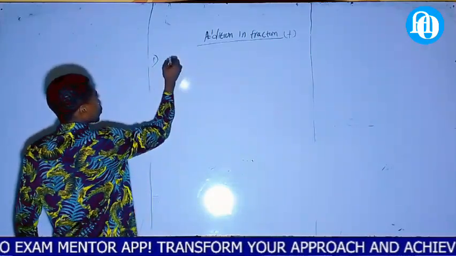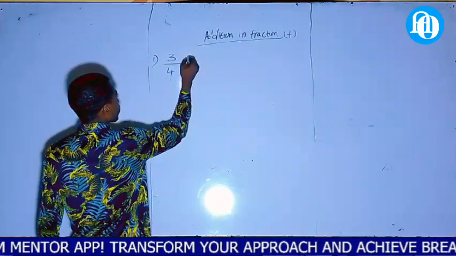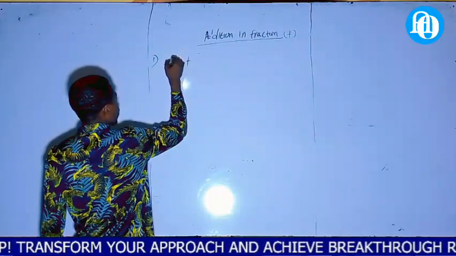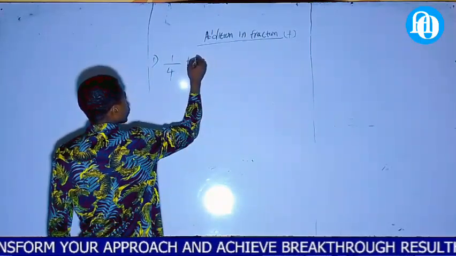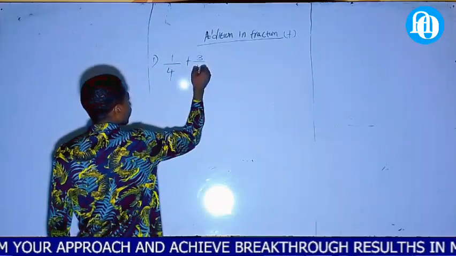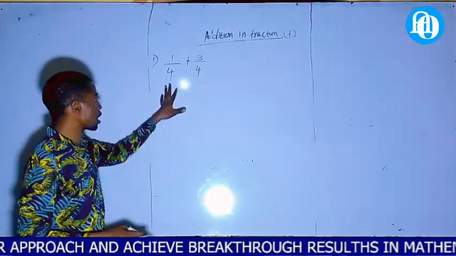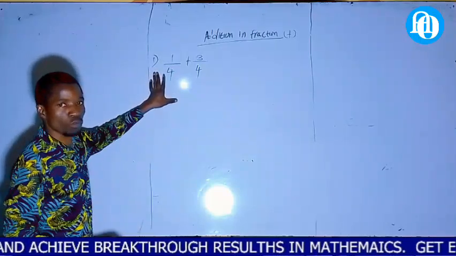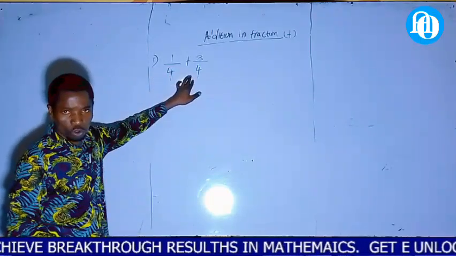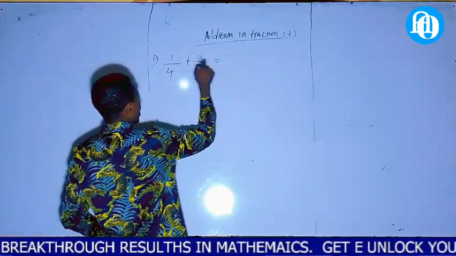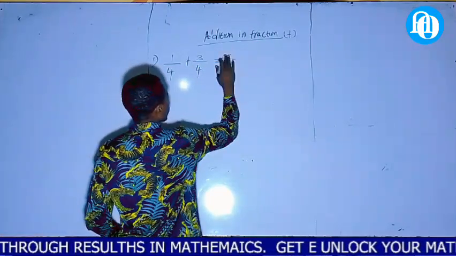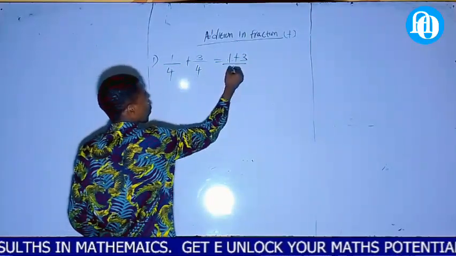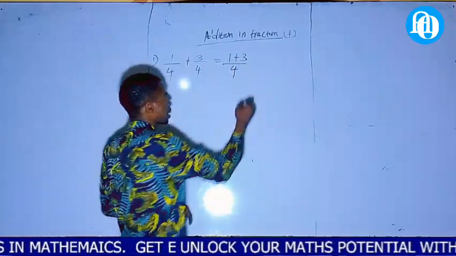Number 1: 3 all over 4 plus 1 all over 4. When you look at this question, it is very, very simple as ABC. When you are solving this type of question, where we have the same denominator, you don't need to do anything. Just write this and this: 1 plus 3, all over one of these, 4. Now, add this together, it gives us